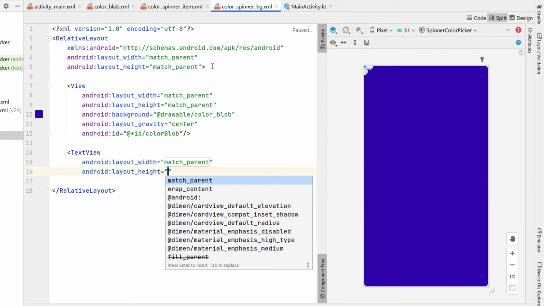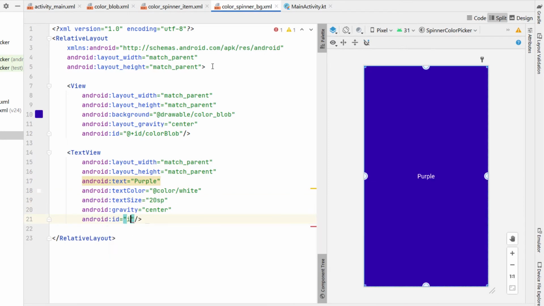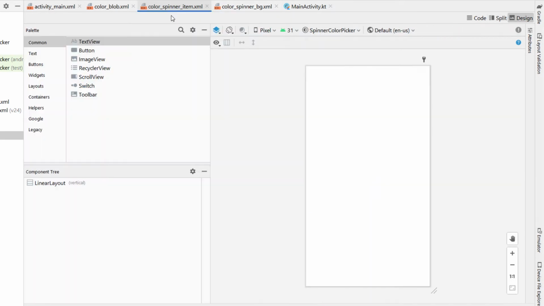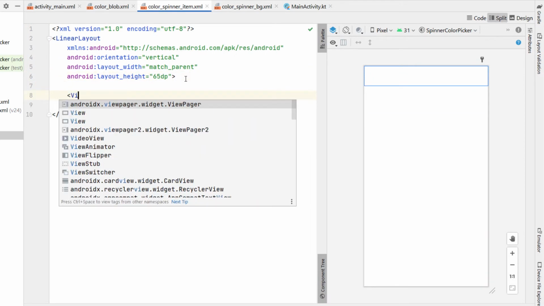And then we're also going to create a text view with a width and height of match parent, text of purple, text color of white, text size 20 SP, gravity center, and the ID, we're just going to call this color name BG. Cool, so let's head into our color spinner item. This is going to be the cell for each of the rows of our spinner. We're going to change the height to 65 dp, and then inside here we're going to create a view with